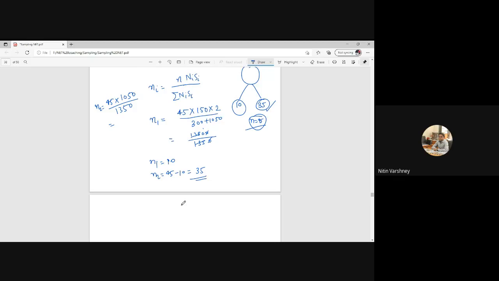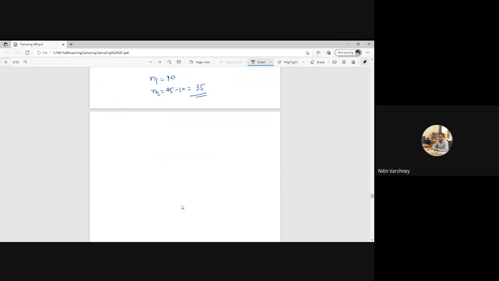That is cost. In stratified sampling, we have seen that the cost function is C equal to C0 plus summation of i equal to 1 to k, Ci ni. C is the total cost, C0 is the overhead cost and Ci is the particular stratum-wise cost. So the variance of Y bar st is minimum for fixed cost, so we have to fix the cost.